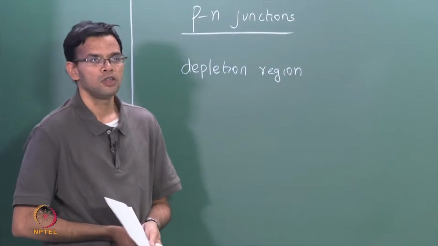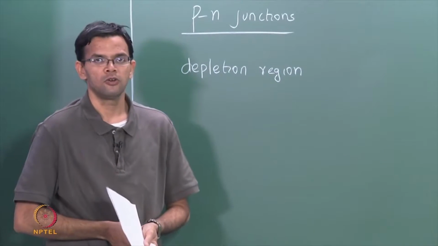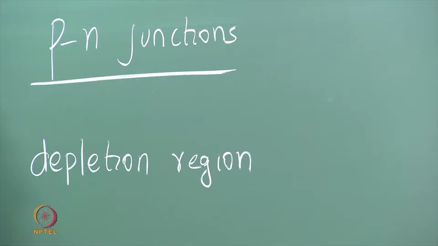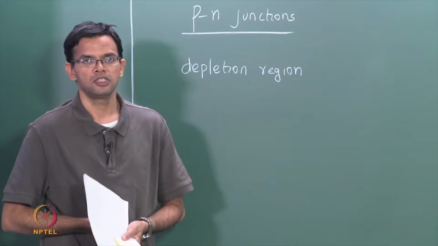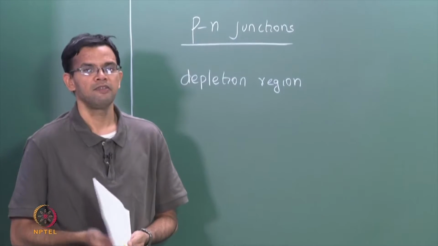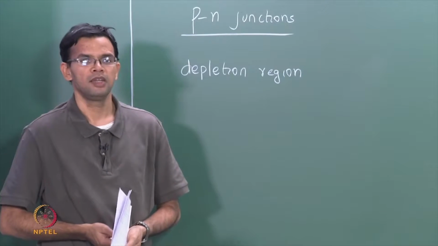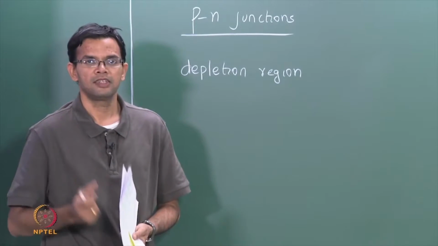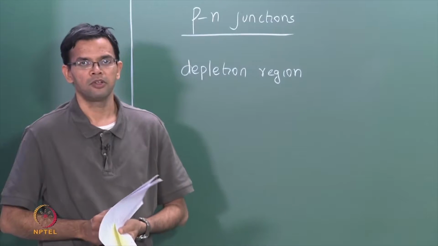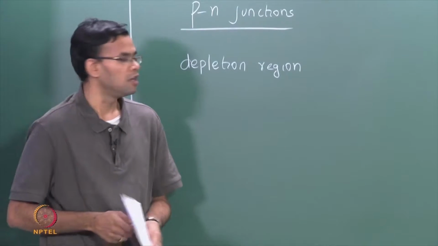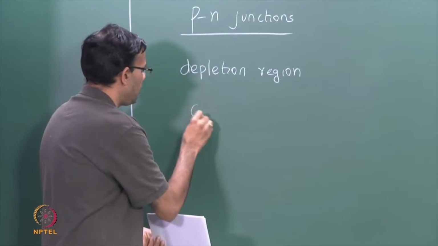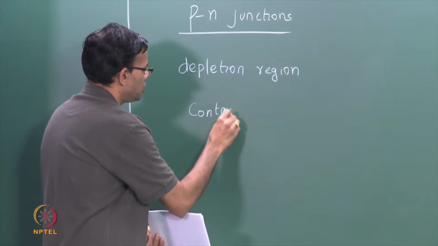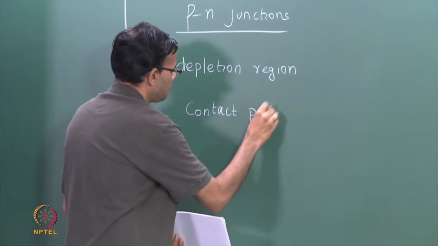We also found that because these electrons and holes recombine, they leave behind positively charged donors on the n side, negatively charged acceptors on the p side, so that there is an electric field and a contact potential between the junction. So we also calculated this value of the contact potential from last class,